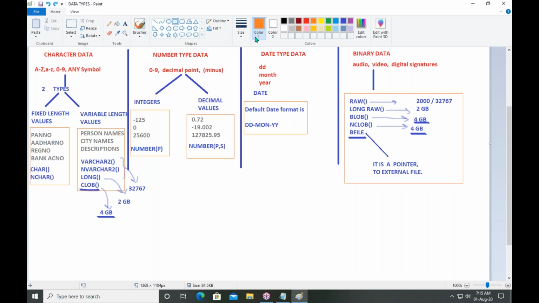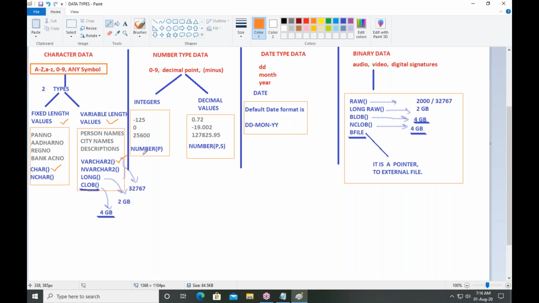Character data contains capital A to Z, small a to z, 0 to 9, and any symbols. And character data has two types: fixed length values and variable length values. To store a fixed length value, we can use the char data type. To store a variable length value, we can use varchar2.